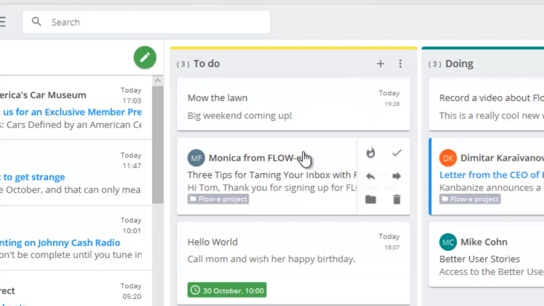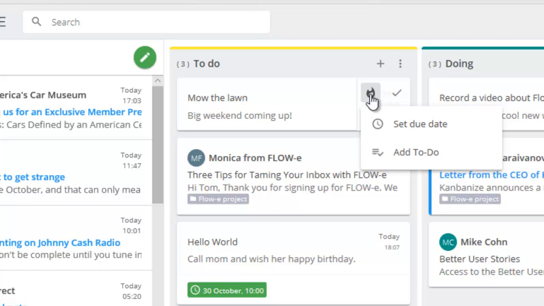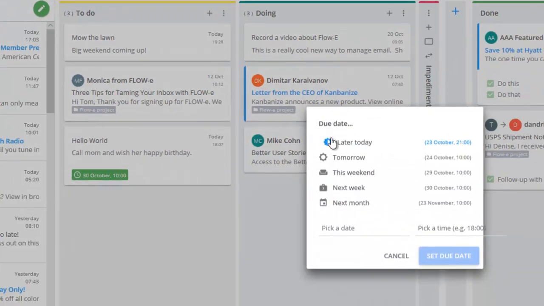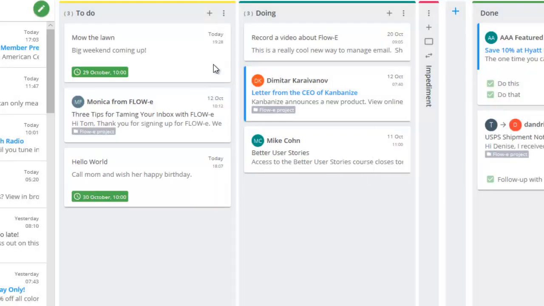Now, other things you can do with any of these cards, and I'll go through each one of them one by one. There's a thing called power-ups. And I have a feeling that Flowy is going to be adding some additional power-ups eventually, but for the time being, we can do two things. We can set a due date. So let's say I want to make sure that I do this one this weekend, and so I can set a due date. I can also